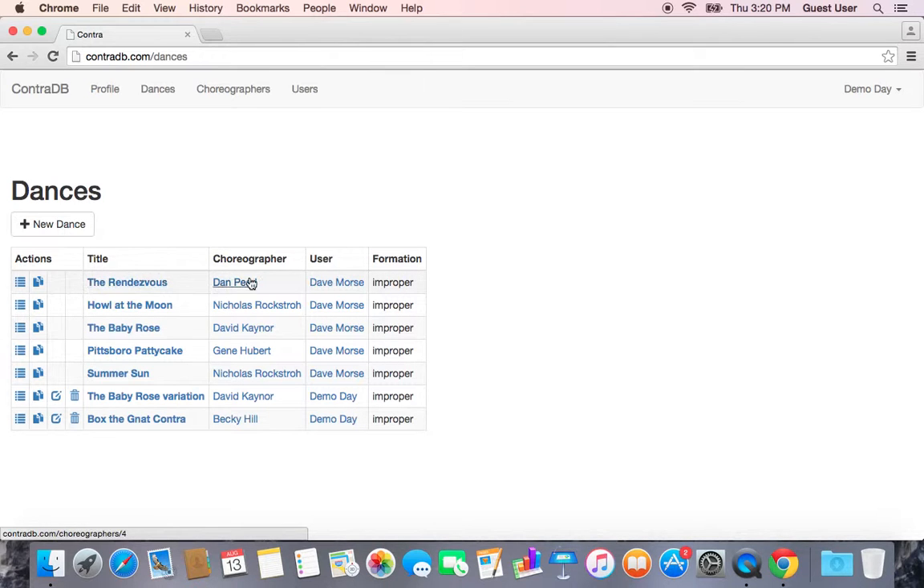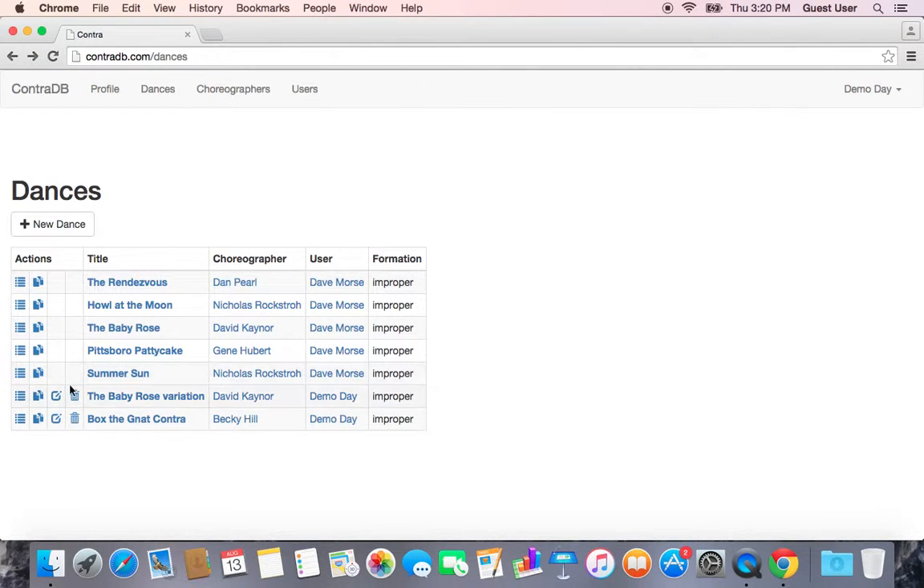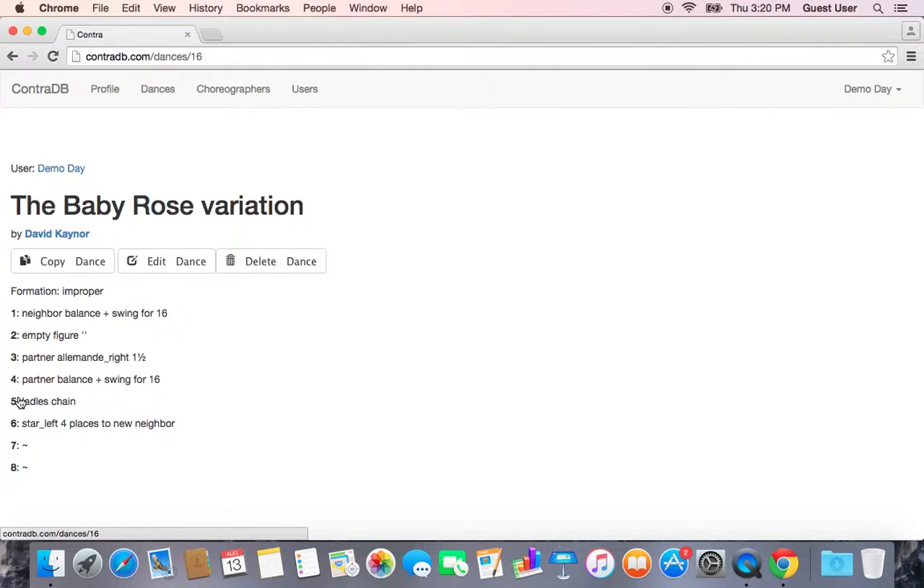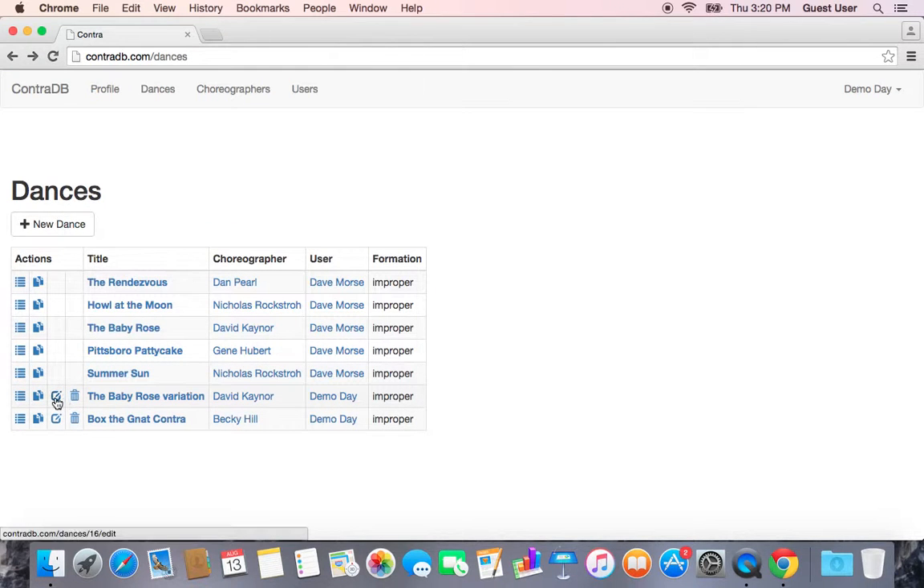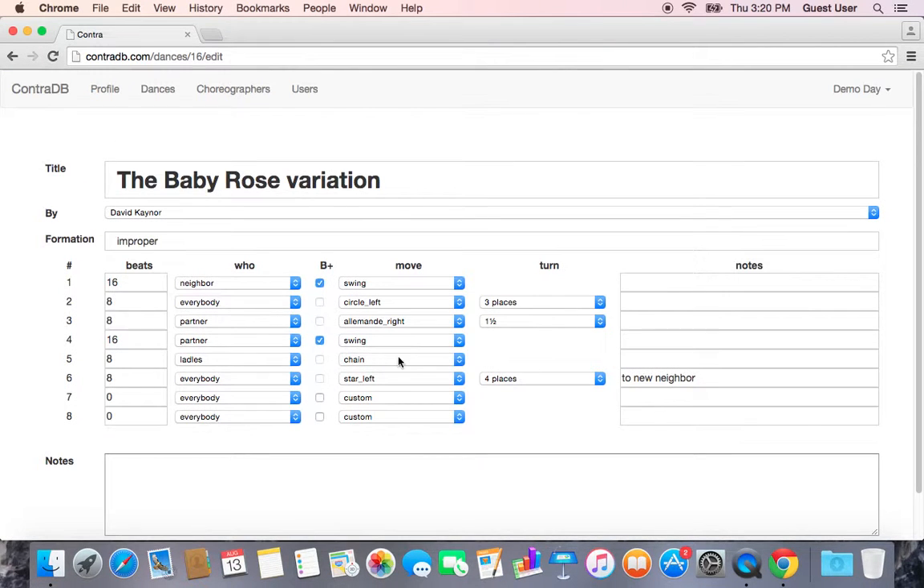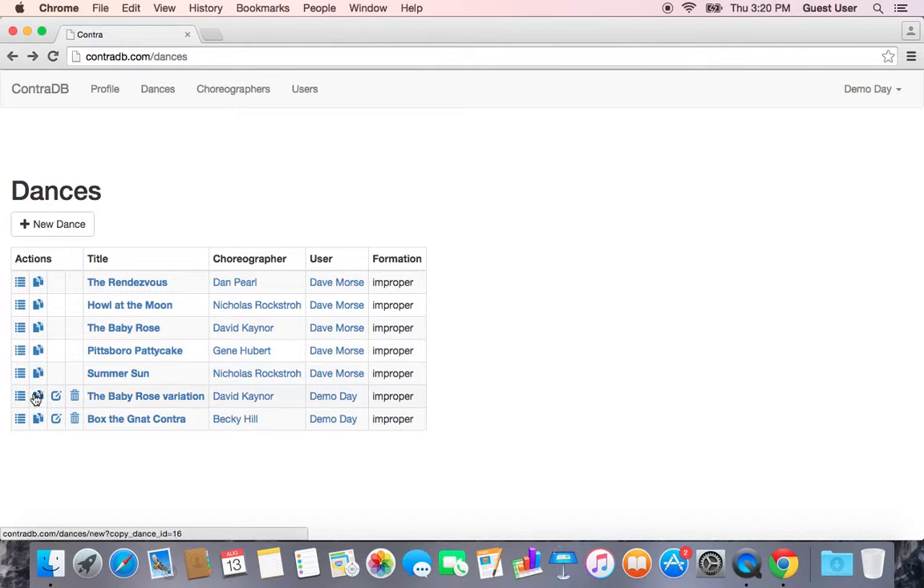And you can look through them. You can find all the dances by a certain choreographer by clicking on that choreographer's name. You can take certain actions on the dances, like you can view the dance. Let's look at the Baby Rose variation. You can edit the dance. That brings up this editor, and you can do all the things to the dance. More on that later. You can copy the dance,